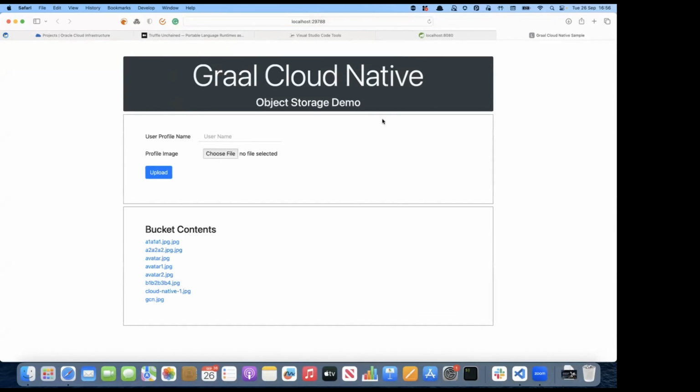And yeah, what do you know? There we go. The application being served from OKE is now running, I'm now able to access it on my machine locally. And I added a bit to this application, so it's not the same as the bare bones one we saw before. Here we can see the bucket content. So basically I added methods to query the bucket, and then inside the page, some JavaScript to call that query method and display the contents of the bucket. So we can see that we have contents of the bucket displayed here. So that's all of the demos done.